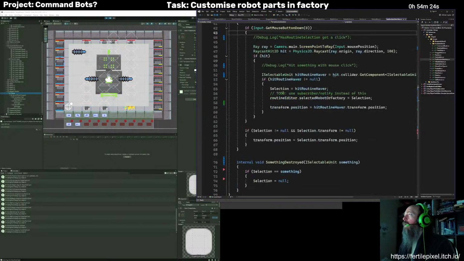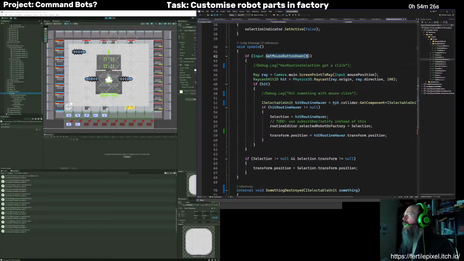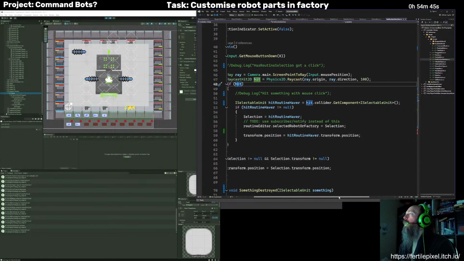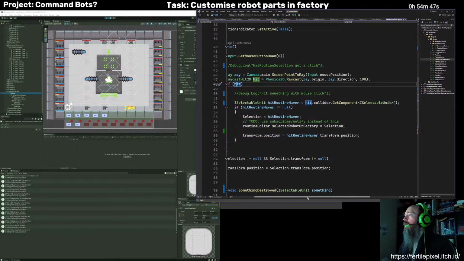So here, when I'm doing this mouse button down, it's casting a ray. And then it's trying to get one of those off what was hit.